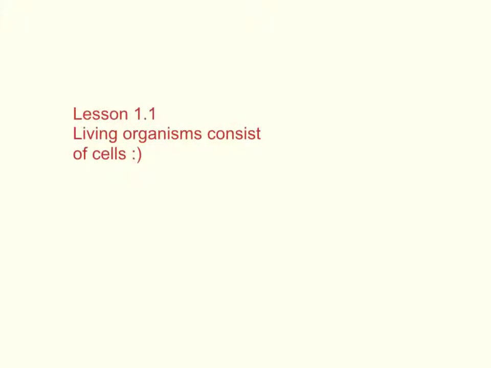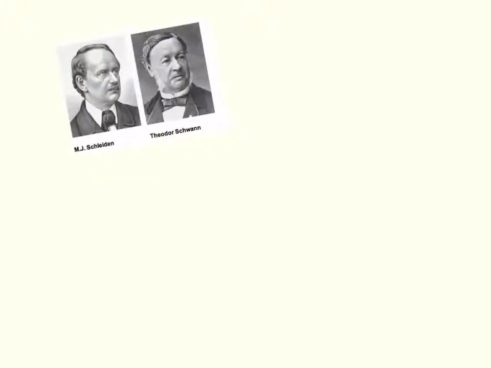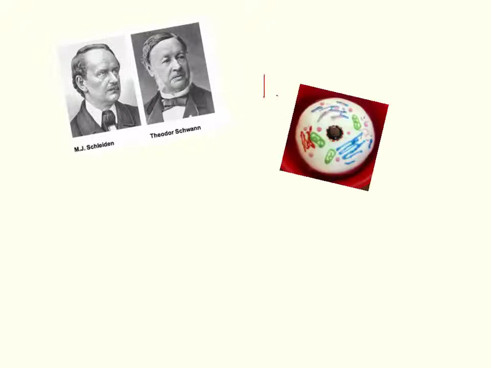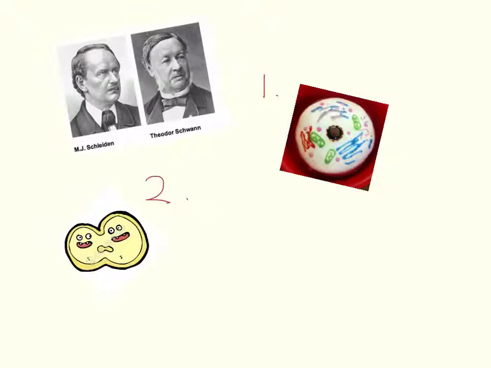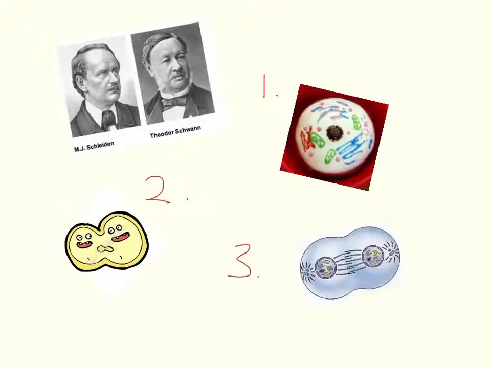Okay, stuff that you need to know about living organisms consists of cells. First point, Schleiden and Schwann. Theory developed in 1840s, their cell theory, and it basically said three things. Number one, all living things consist of cells. Number two, new cells are formed only by the division of pre-existing cells. And last point, that the cell contains information that acts as the instruction for growth, so chromosomes that you see